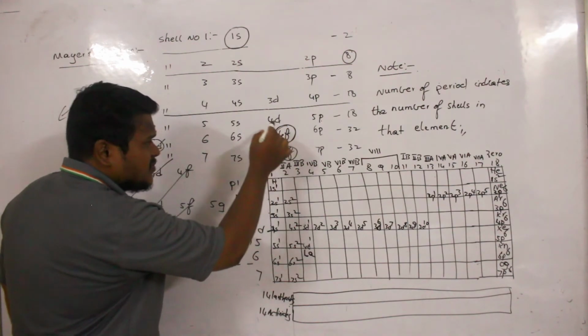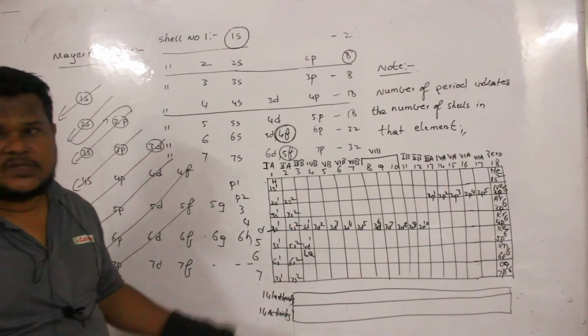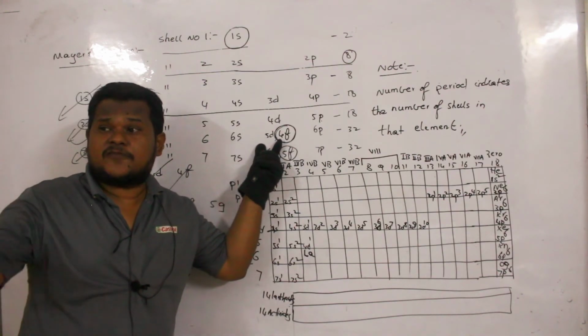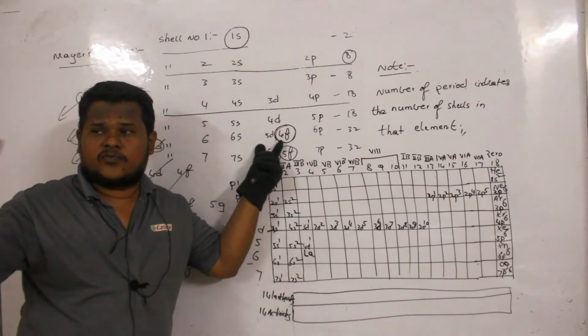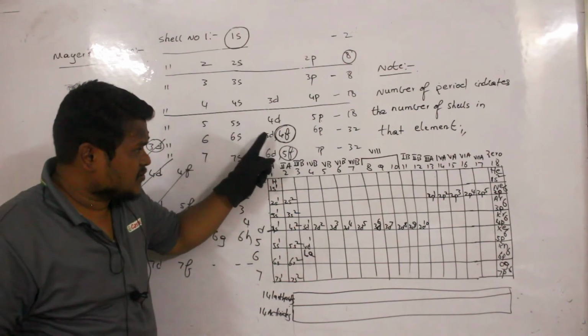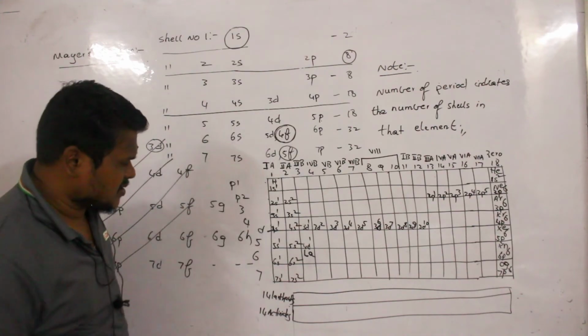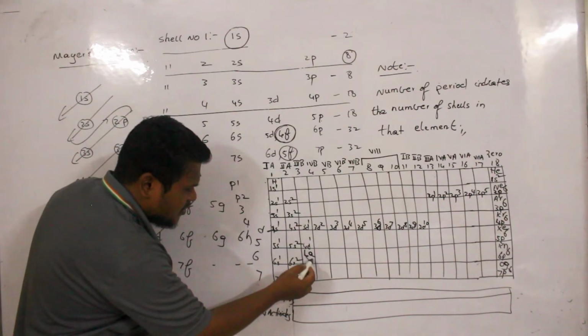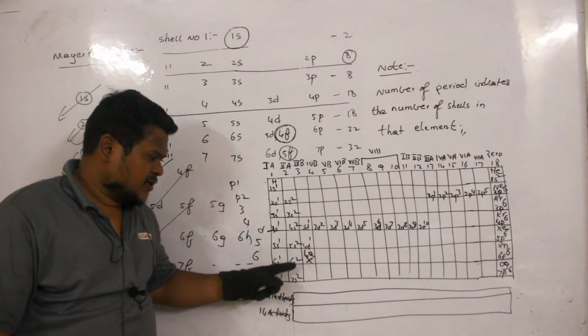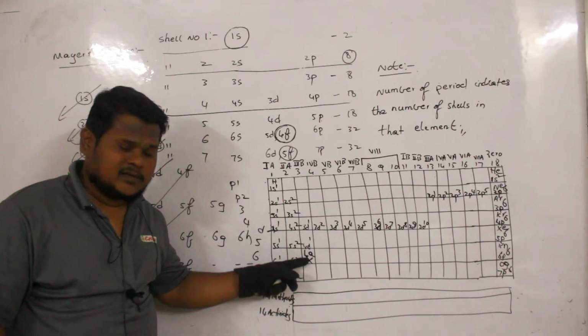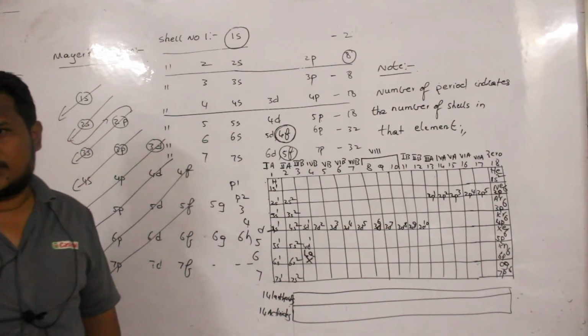And all these 4F elements. So 4F elements will have how many electrons? 14 electrons, because the F subshell will have 7 orbitals. 7 twos are 14 electrons. So all the 14 elements of this 4F subshell are present here only. Ikkade vaatini manam place chestam. Are you able to understand? Anni ikkade manam chupichalem kabatti we are writing them separately. Are you able to understand?